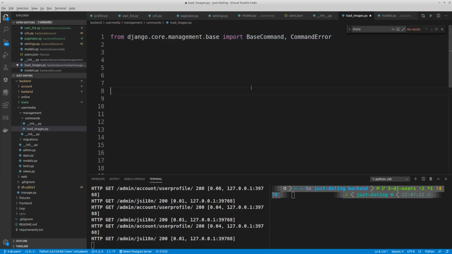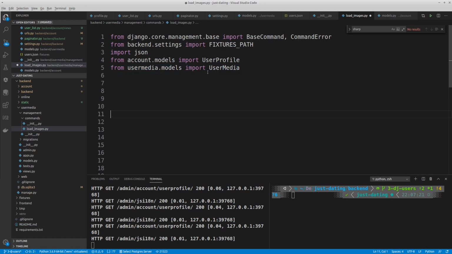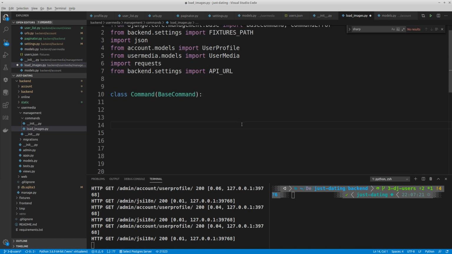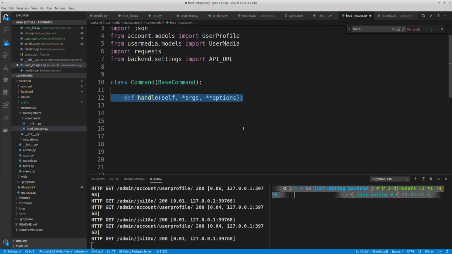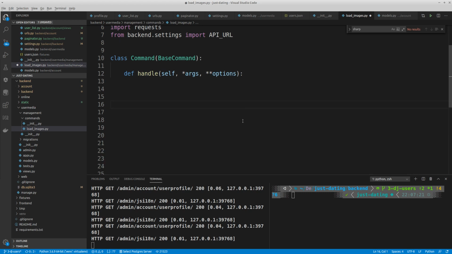Then I import libraries that I'm gonna use. Fixture path with the path to my fixture folder. Then JSON, model user profile, then model user media, then requests library for making HTTP requests, then URL for making request to the exact URL. Then I create the class command, define the handle method,